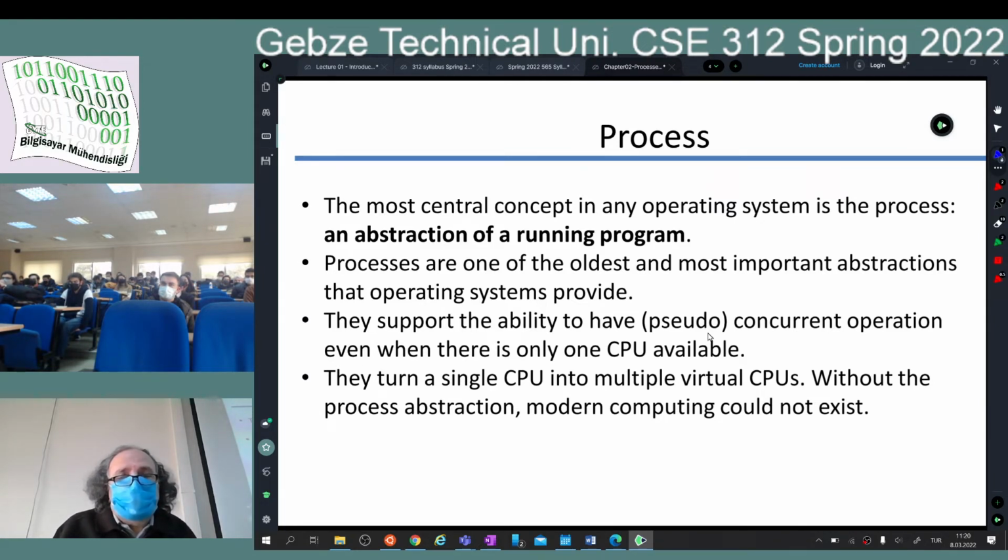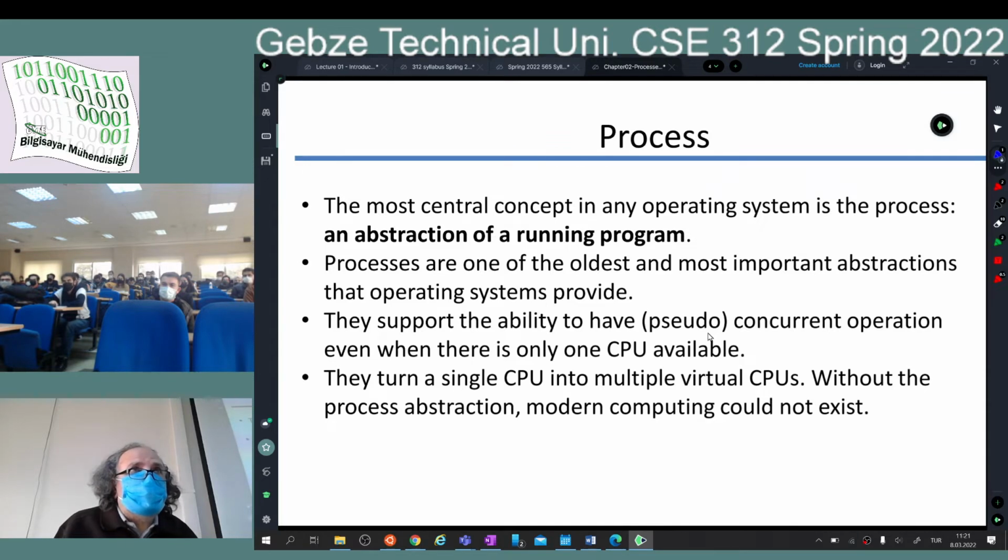Since day one, we wanted to load more than one program at the same time in memory. The idea was if one of the programs is blocked, I can continue running the other one. So, in a pseudo way, maybe concurrent programming operation. We try to turn a single CPU into multiple virtual CPUs. Without the idea of process abstraction, we couldn't do that. That's why we say that processes are the basic building blocks of modern computing, and it's going to go that way